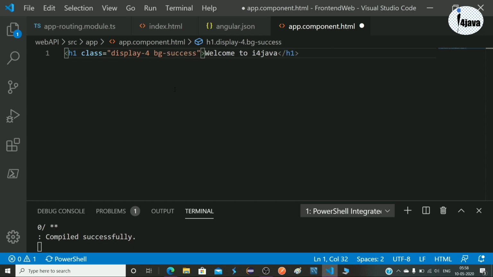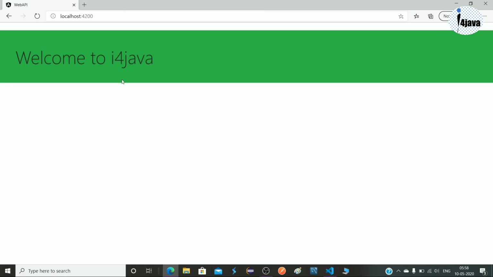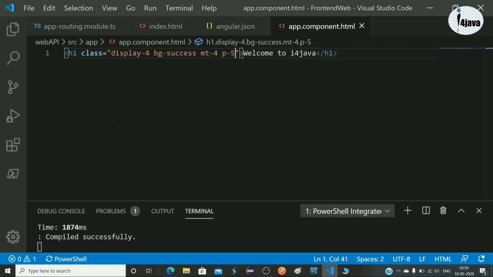It means it should show green. Margin from top giving 4 and margin from bottom of the paragraph I am giving 5, and let's save it. Okay, it should be green now. We got the result here. Here it has given a margin, and the background.